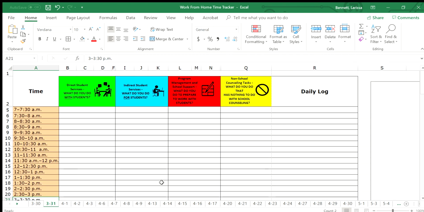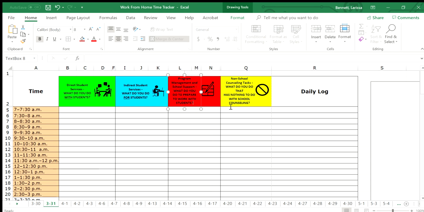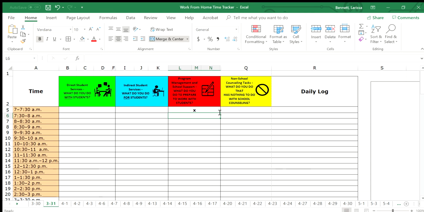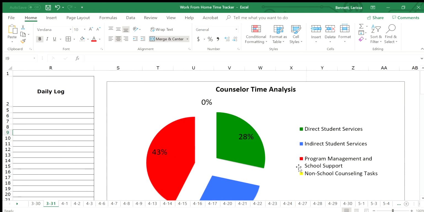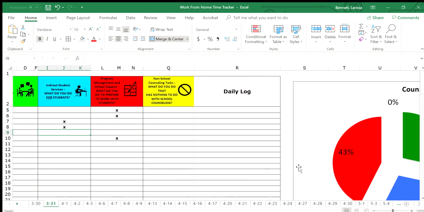So maybe it's Tuesday, and Tuesday I start right away. Again, I'm checking those emails. Maybe have a group scheduled right at 9 o'clock, and that's an hour or a half-hour group. But then after that, I'm responding to parents. So I've spent some time doing that, and I'll just fill in some boxes here just so we have some data. So again, you can see the graph and what that's looking like.